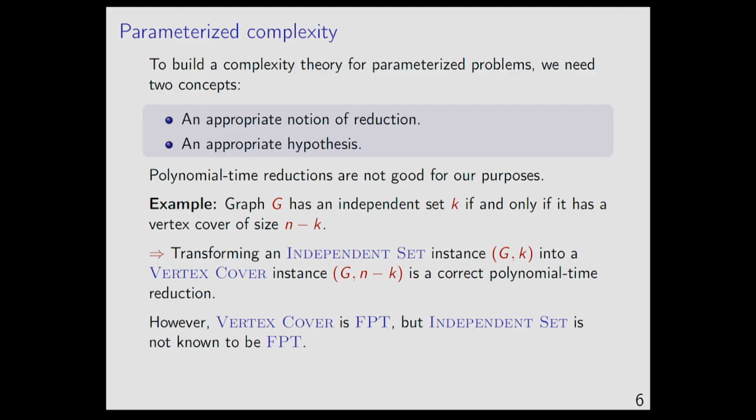The graph G has an independent set of size k if and only if it has a vertex cover of size n minus k. In the world we are going to talk about, vertex cover is easy. It is FPT. Independent set is hard. So this reduction does not distinguish that vertex cover is easy and independent set is hard, right? In the classical world, all we care about is whether it is polynomial time solvable or not, so this old reduction was okay. But in this world, this is not okay. So we need a reduction which somehow taps into this notion of parameter.